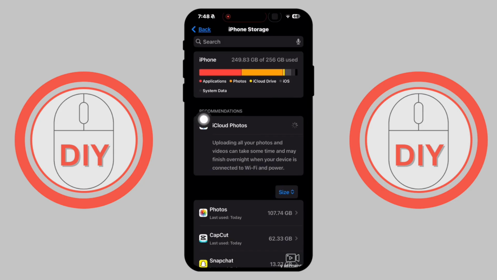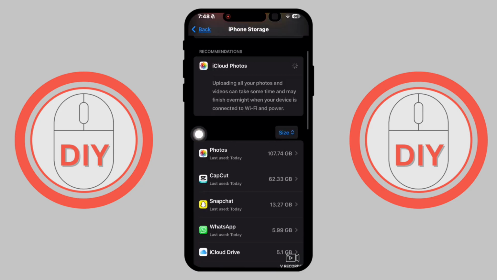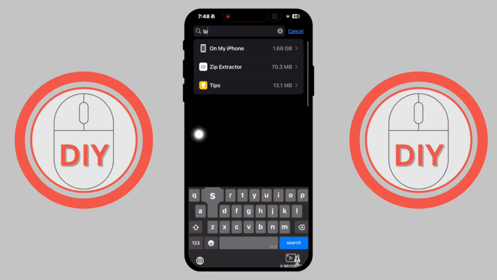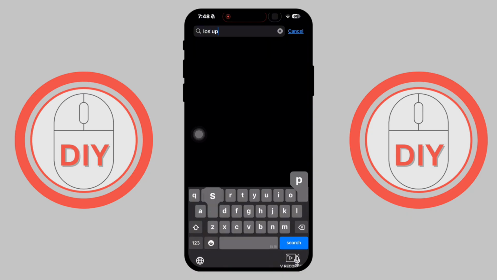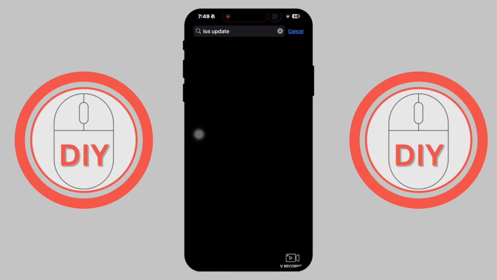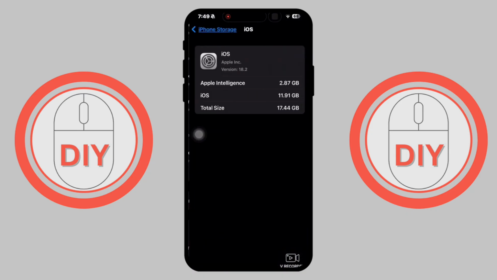Since we need to delete the software update, scroll a bit down until you see this iOS update that has the settings icon next to it. But if you don't see the software update on the list, then use the search bar at the top of the screen. My version is iOS 18.3.1, which is the latest software update from Apple at the time of recording